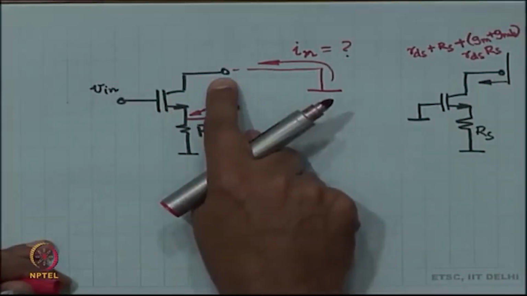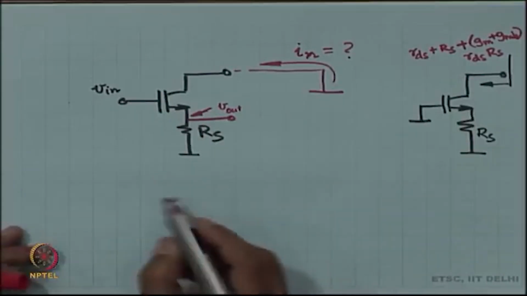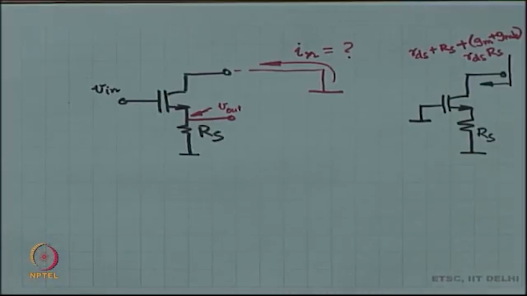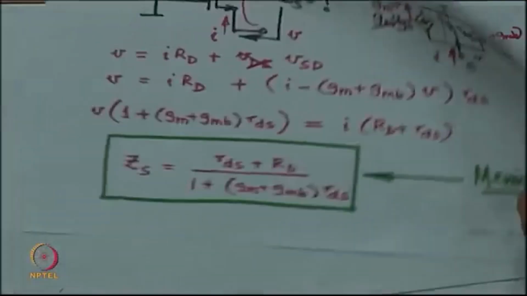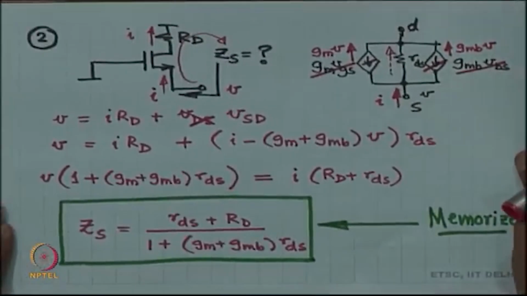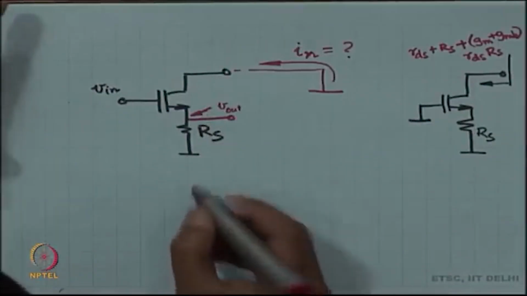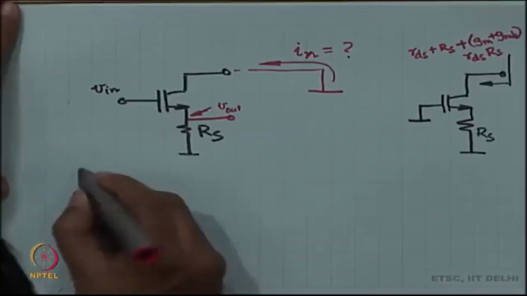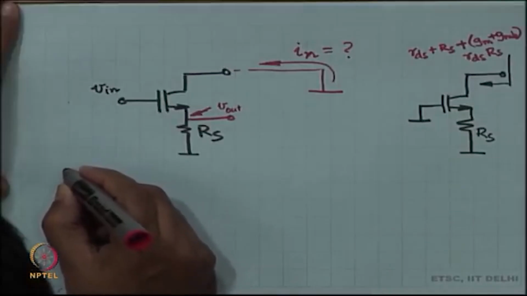RD is 0 ohms to ground, right. So, my formula, this was formula number 2, I am referring to this formula, looking into the source of the MOSFET. RD is 0 ohms, so the impedance is RD plus RDS,